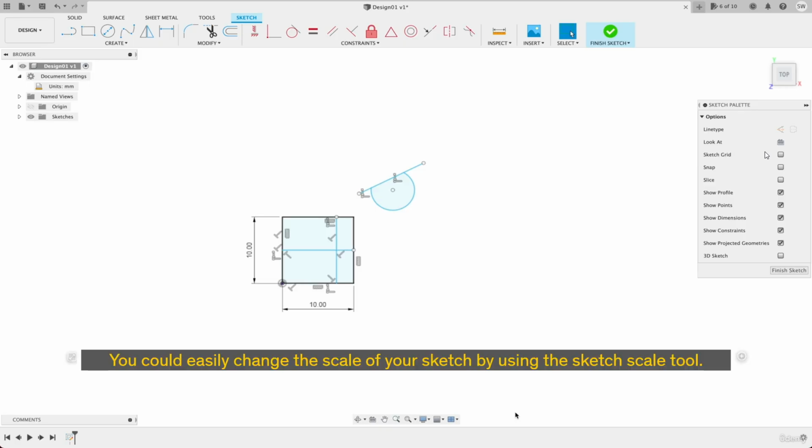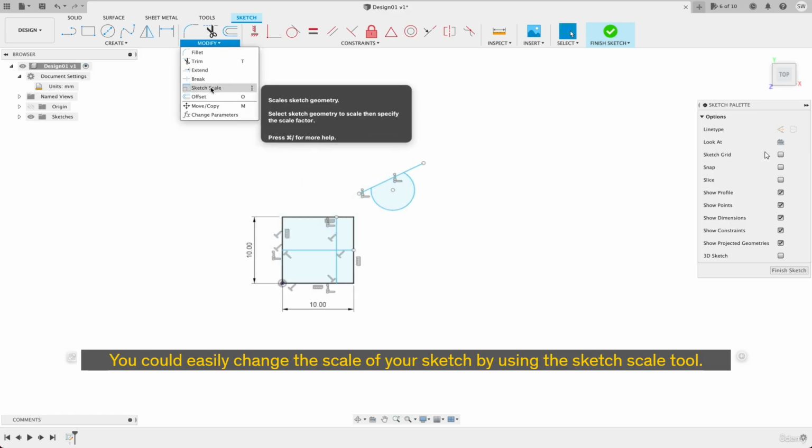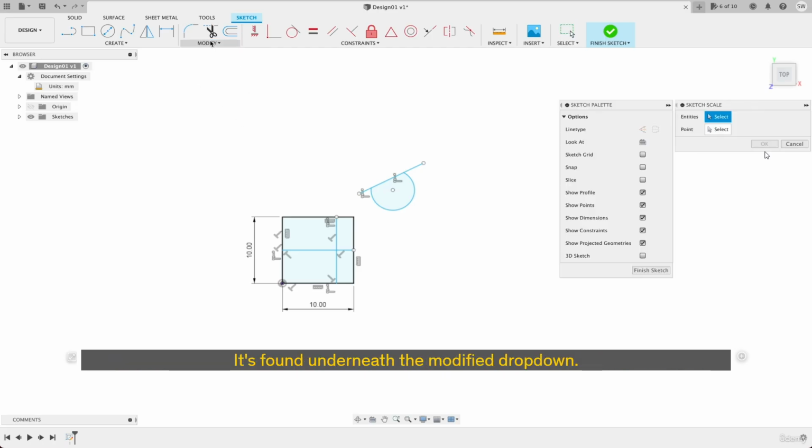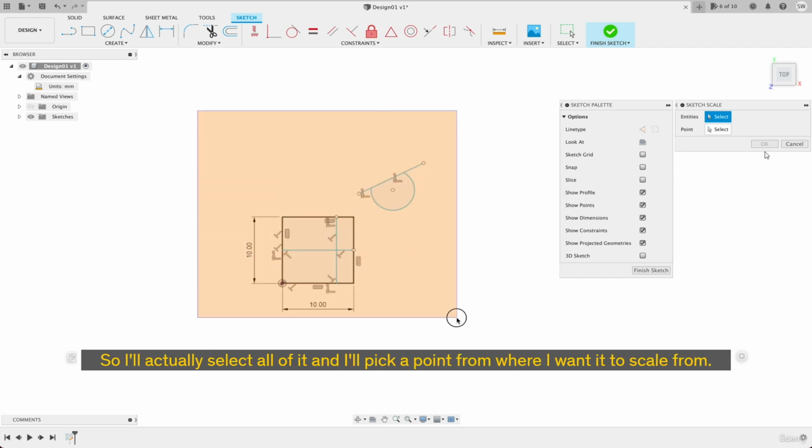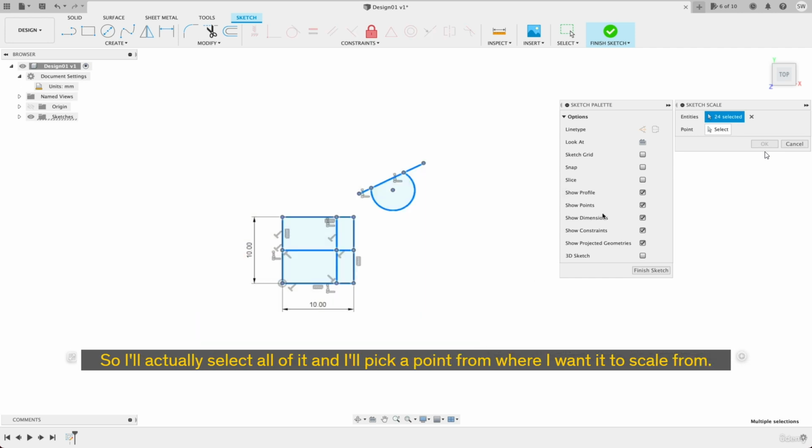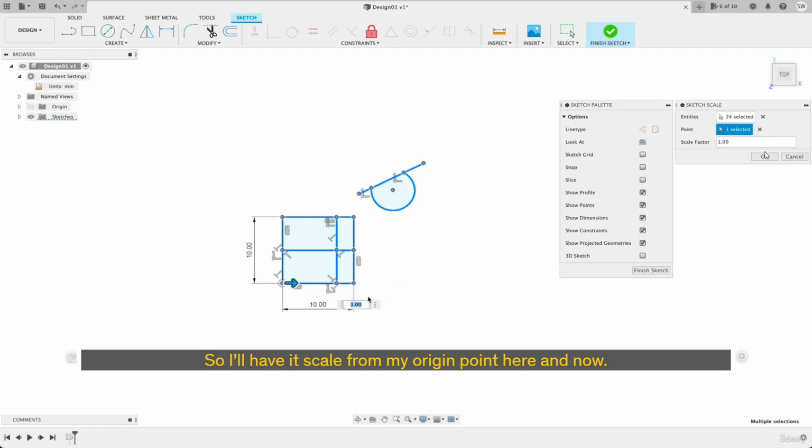You could easily change the scale of your sketch by using the Sketch Scale tool. It's found underneath the Modify drop-down. So basically you'll have to select any of the entities that you want to scale. So I'll actually select all of it, and I'll pick a point from where I want it to scale from. So I'll have it scale from my origin point here,